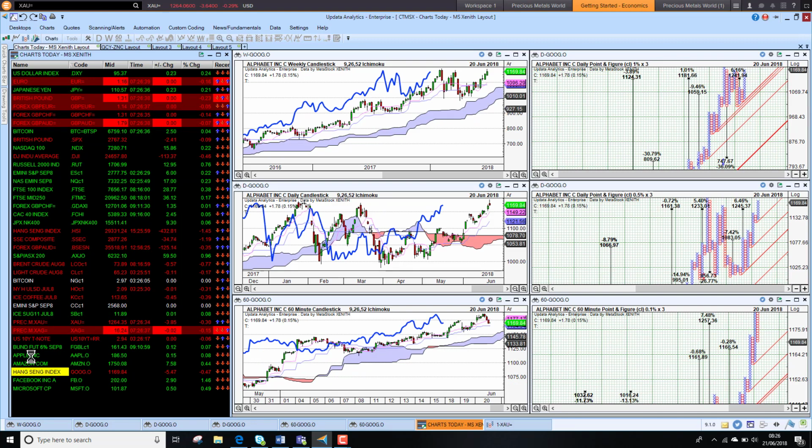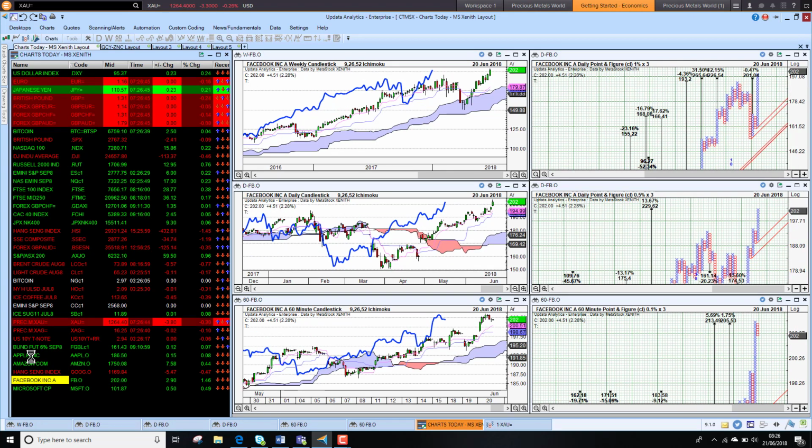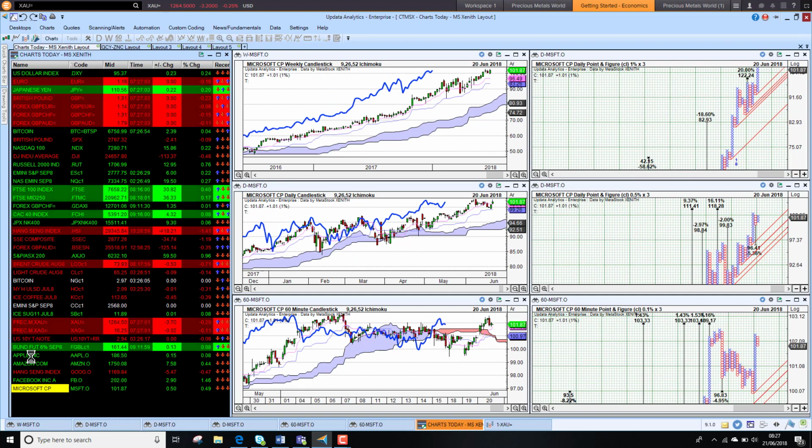that Facebook broke $200 for the first time, taking it to a new all-time high. So we're seeing that breakout looking really significant, and we've got lots of upside targets still. Some into the sort of 265 area, some 30% higher. So it does look like Facebook has the potential to run even higher still. And Microsoft holding its $100 mark still,